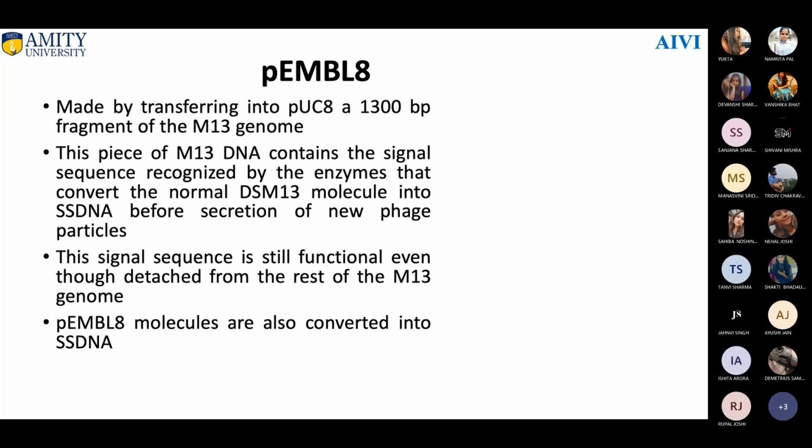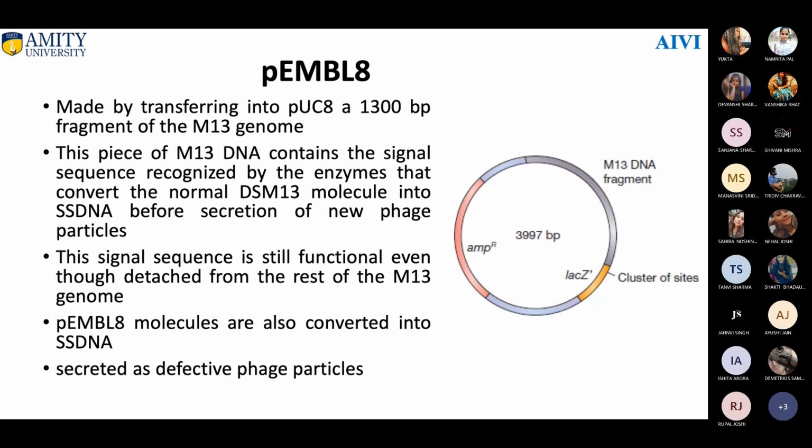This is going to be brought into single-stranded DNA and secreted as a defective phage particle. When we say defective, it means it is not going to infect new cells. The phage particle is released outside, but it is not infecting. So what do you have to do for infection? You have to transform your host artificially. In the case of the previous phage, the phage had all the properties, so it could continue its life cycle. But this one cannot. It is a defective phage particle.